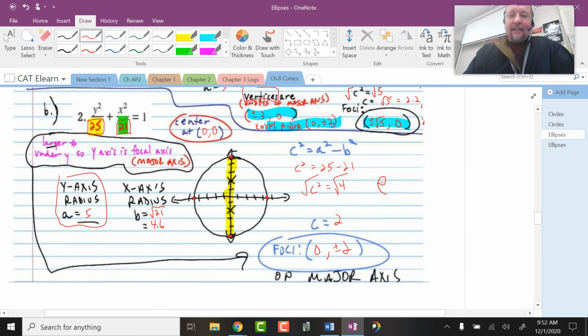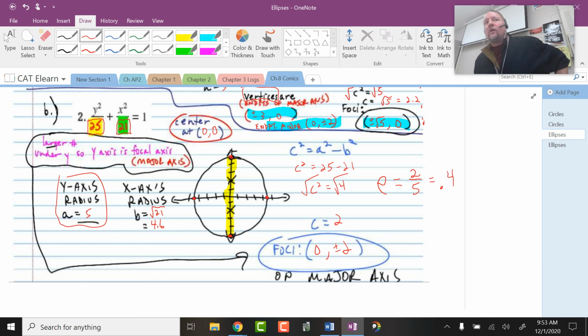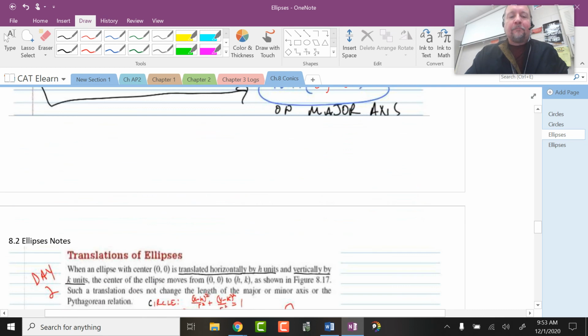Okay, and then this one, E equals C over A. That one I don't have to go to the calculator. Did I put 0.6 last hour? I think I put 0.6 here. That's ridiculous. 2 divided by 5 is 0.4. Okay, there you go. You got an eccentricity that's smaller, closer to the 0 side than it is to the 1 side. And we just talked about that one almost being circular. So that's the description of the